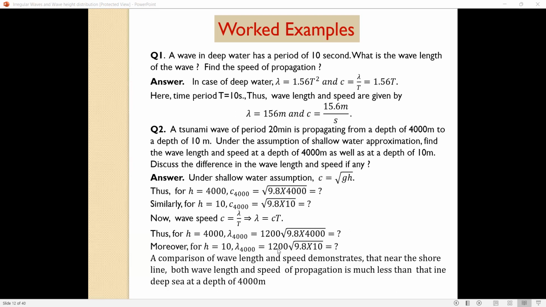So when the wave is approaching the shoreline, the wavelength is reducing, and the speed of propagation is also reducing. That is the way tsunami waves are. The tsunami travel time chart is prepared based on these formulas. But in the ocean, the depth averaging is done throughout the ocean bed topography. That is one of the difficult jobs being done by different departments of government, like NIO and NTOU. They always do this depth mapping of the water depths in various parts of the ocean, and they do the averaging.